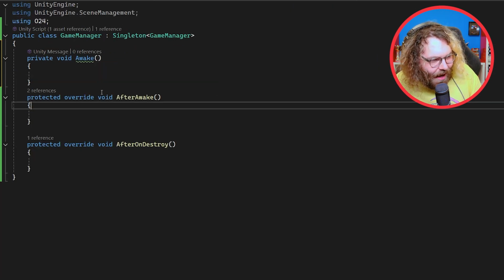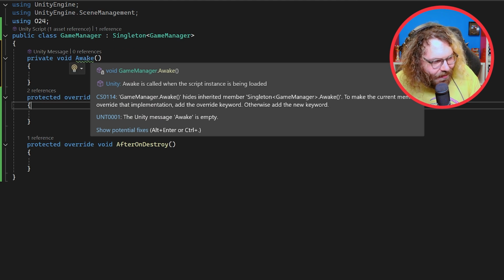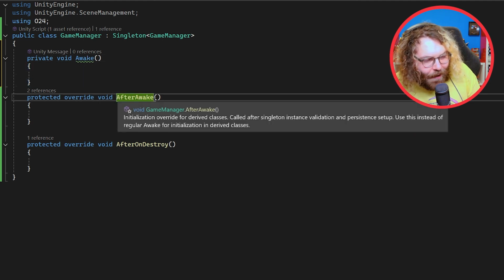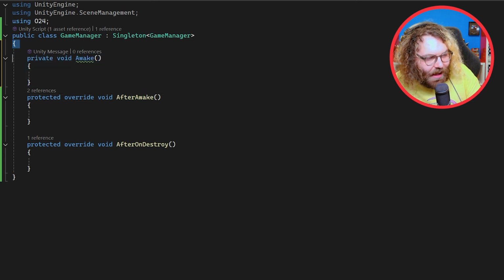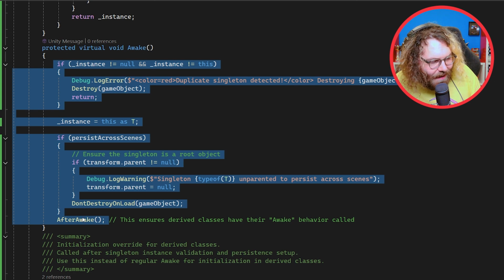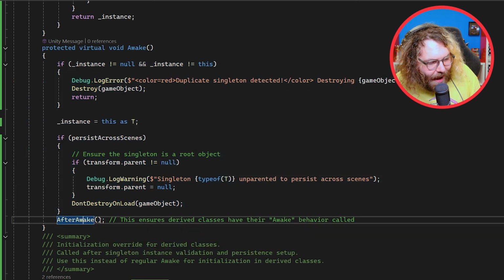And in that case, it does a warning and it says awake is called when the script instance is being loaded, which is true, but it says that game manager awake hides the inherited member singleton awake. To make the current member override that implementation, add the override keyword, otherwise add the new keyword. And we don't want to do that, so that's why we have this after awake. So awake will get called on the singleton, and then right at the end of this awake, it will call after awake